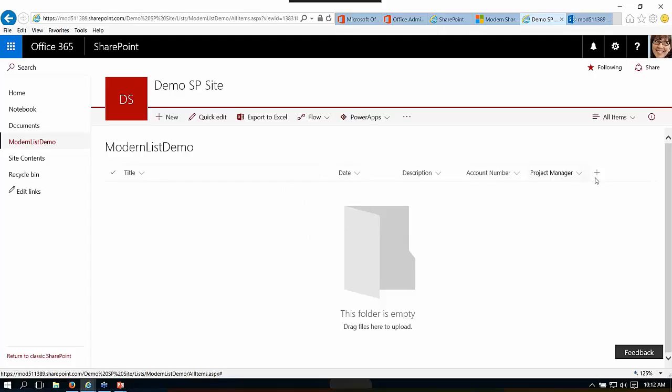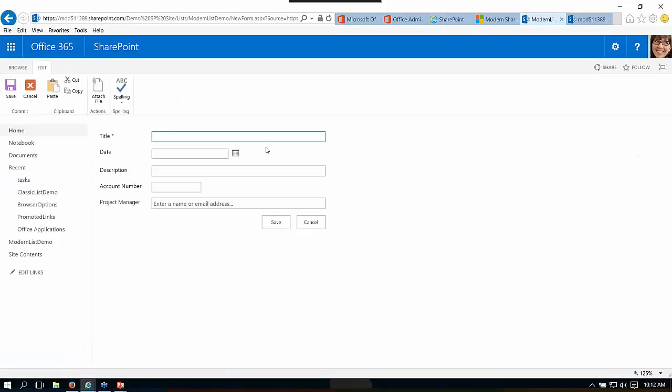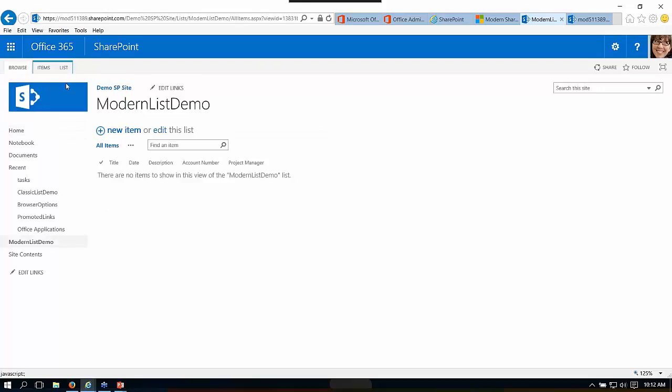So just like that, I've quickly added in some fields, and if I wanted to come in here and I didn't want to add one item at a time by clicking the new button, and it's going to give me my form, I can always click cancel, and if I go back to my modern list,